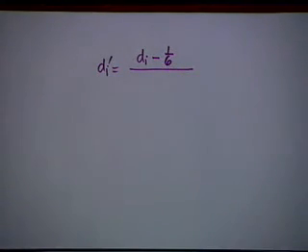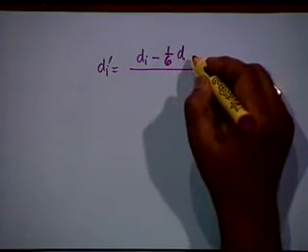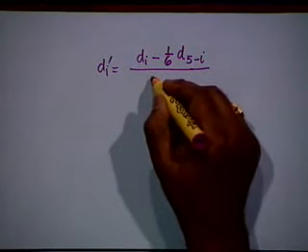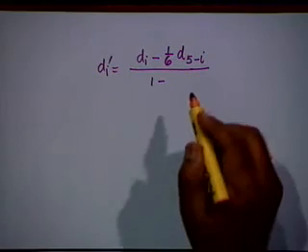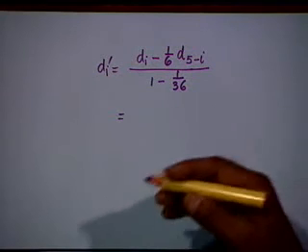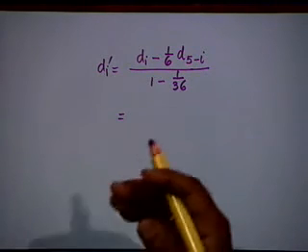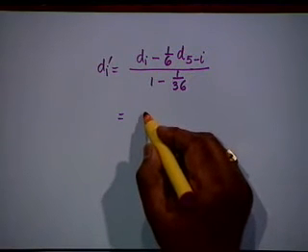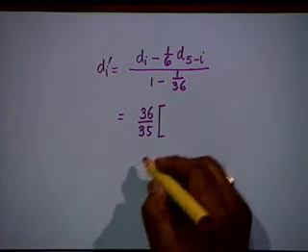1/6. Agreed? Then dm is 5. So (5 minus i) divided by (1 minus dm squared). Dm is 1 by 36, so that is equal to... simplify this. Through this example I am also telling you how to proceed with numbers. Simplify this, don't leave it like this. You write this as 36 by 35. Life would be much simpler.